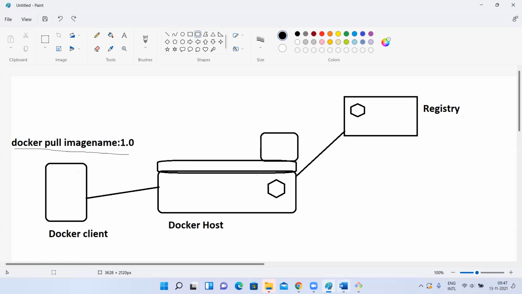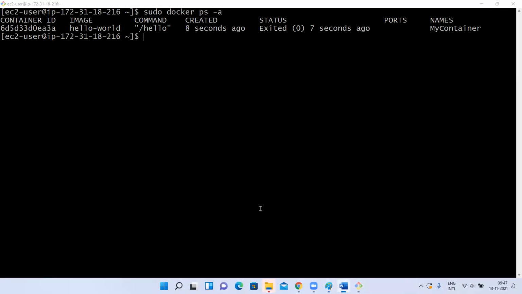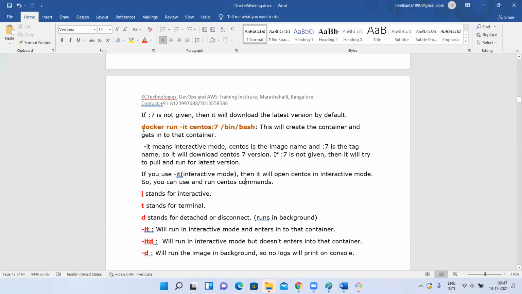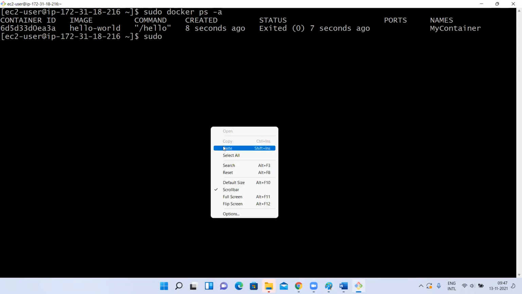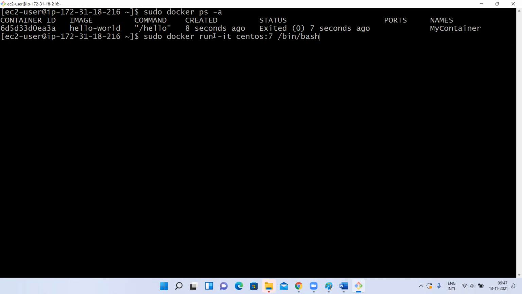So let's see that. I'll take this image, this command, or CentOS, anything. Let me take this example only, CentOS. I want to create a container, docker run, and the image name is this one. CentOS. If you go and search in your Docker Hub, you'll be able to see one image called CentOS and tag as 7. As I said, the image name will be the last option most of the time, but not always. So here, this I'm giving.